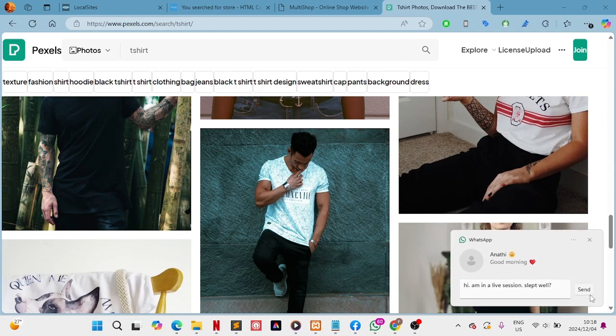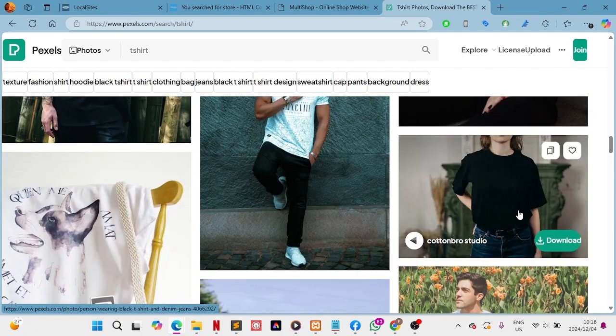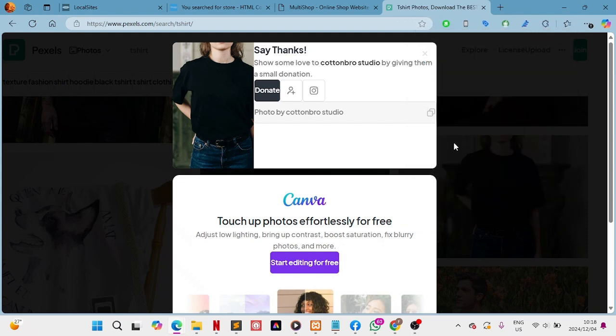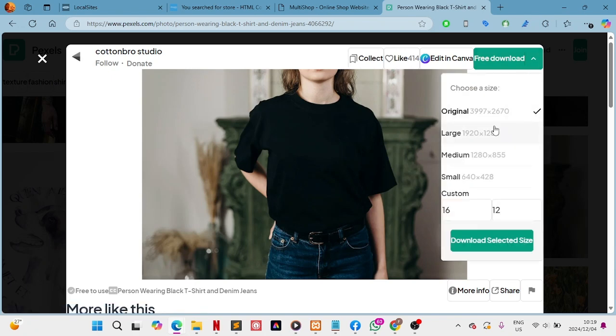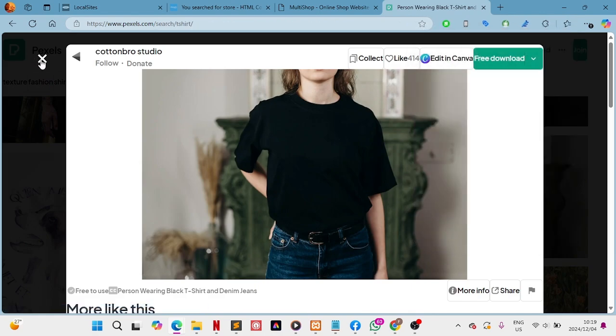Okay, sorry for that. So let us take a picture. I think this one of the lady kind of looks nice, right? So we will download this image. Oh no, first of all, before I download the image, I always advise people to first click the image so that you can choose a dimension that you like. Normally I advise this one of medium 1280 or this one of large. So let us go with large. Let us say download, and then from here we can download